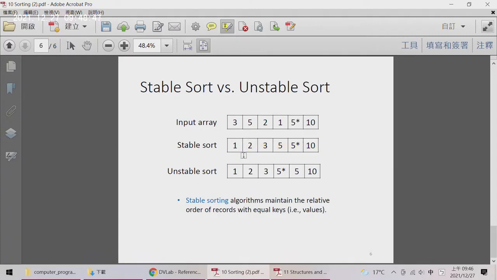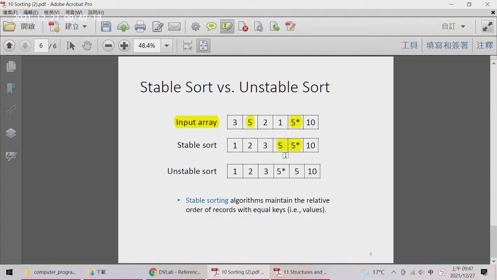And now suppose the input array has two records with the same keys. So for this input array, we have two elements, 5 and 5 star, and the two elements are of the same value. So after sorting,